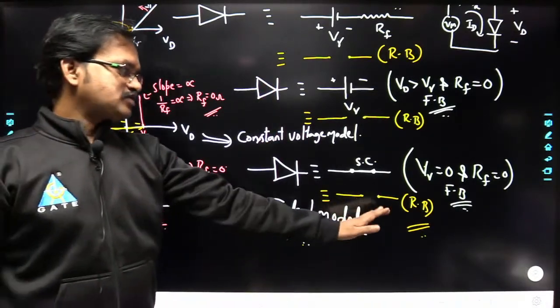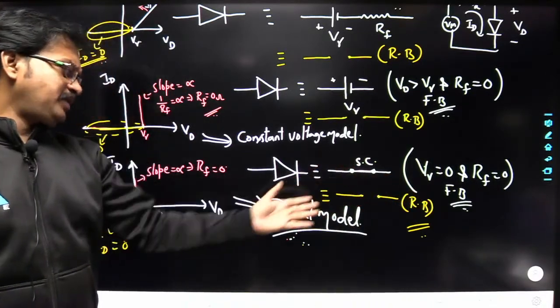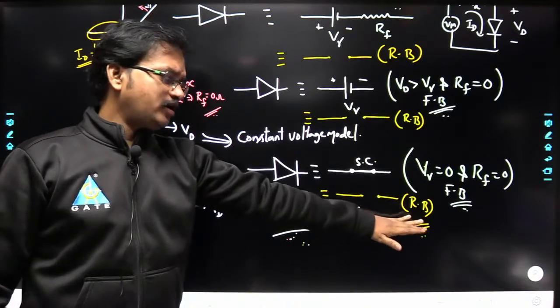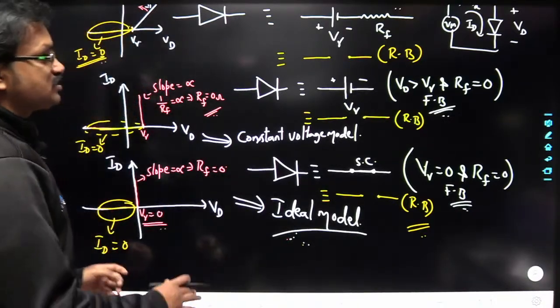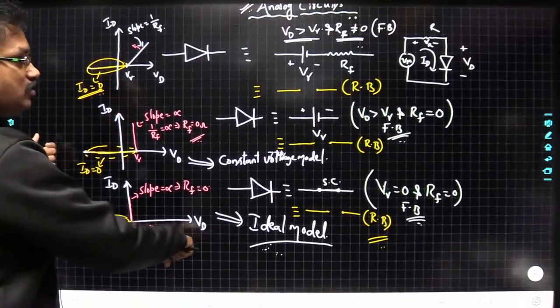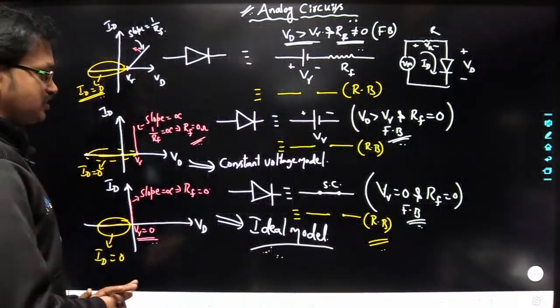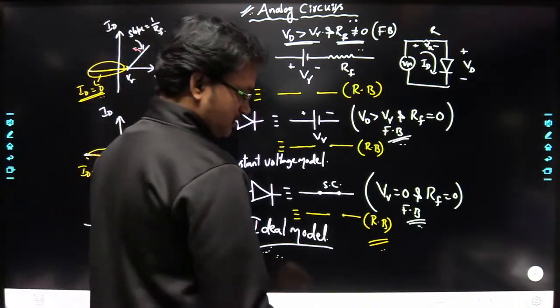And here, if the cut-in voltage is equal to 0, that means if the voltage across the diode is less than 0, then you can replace the diode with an open circuit, right? So these are the equivalent models of diode. I have already explained all these things in the previous session itself; I have just revised them now. So next